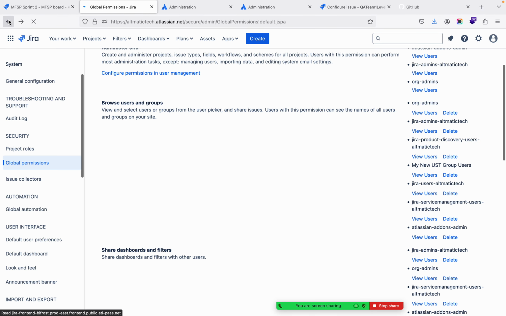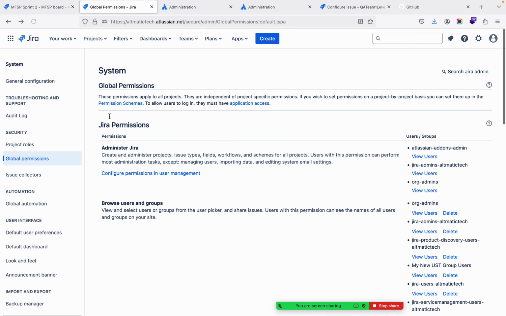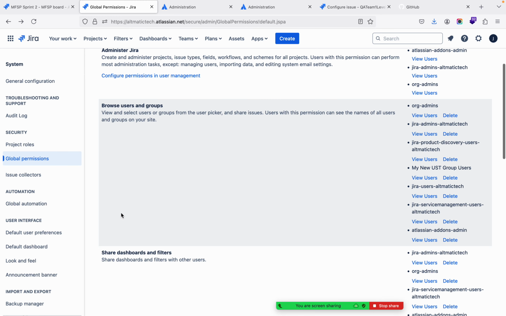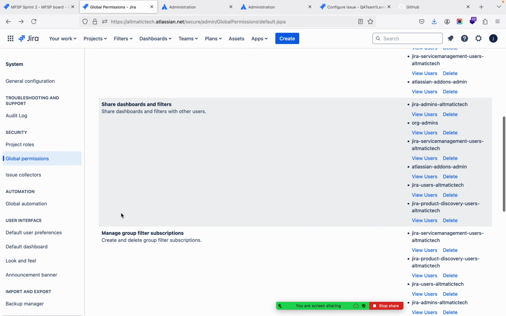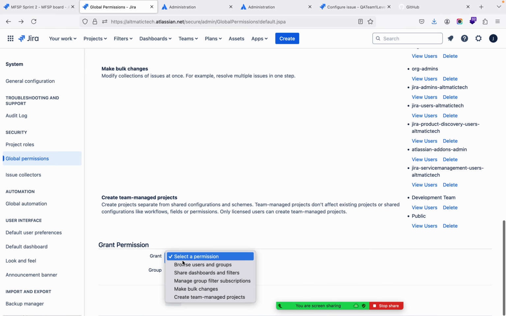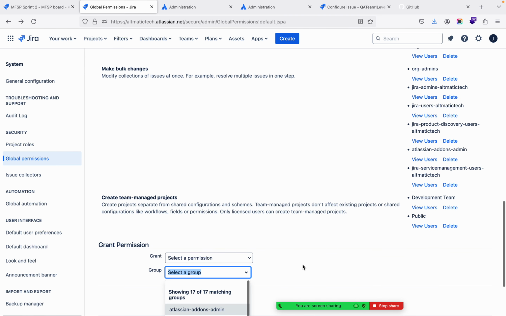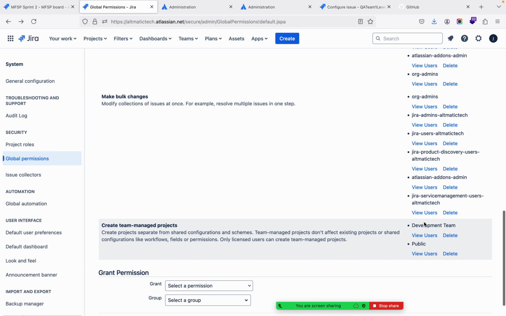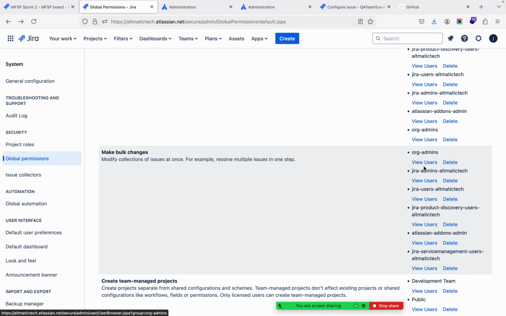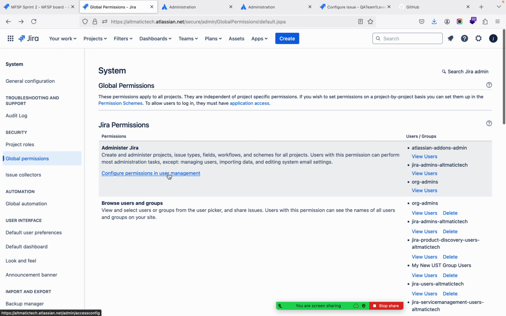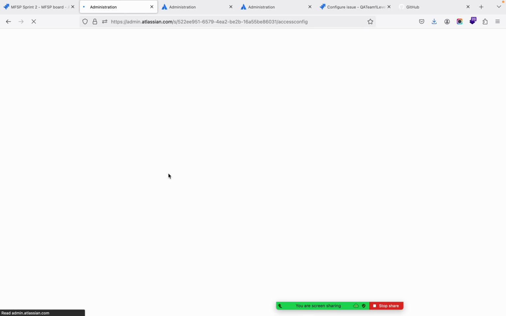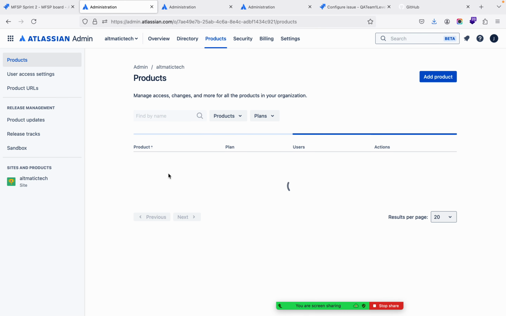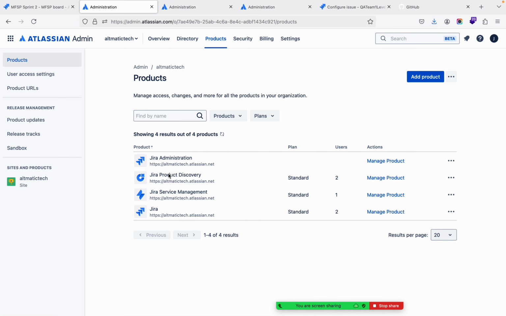So basically what is happening here, this is the JIRA permissions. These are different types of permissions, right? And on the basis of these permissions, we can link these permissions to a particular group. You see all these are the groups and they have the users and they have some permissions. And if you see configure permissions in user management,